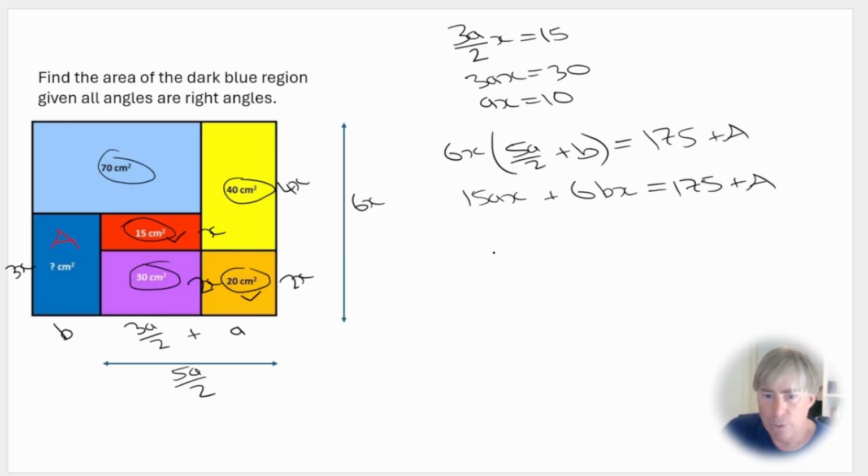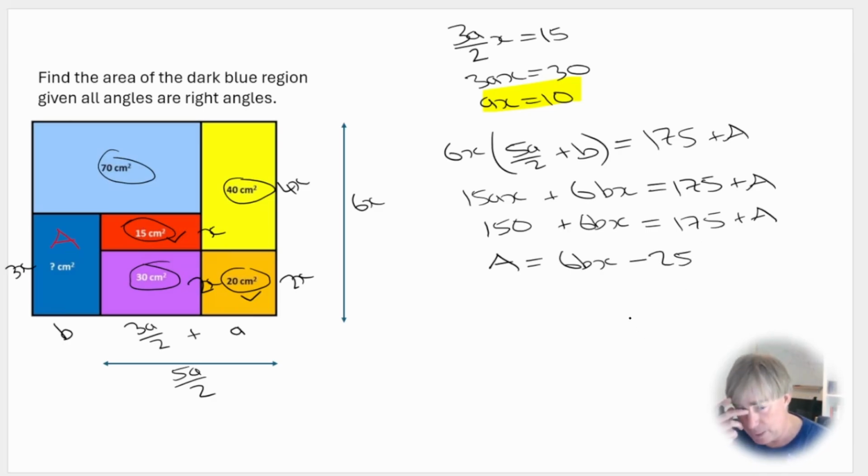So we've got some relationship here. What can we do now? We know what ax is, we've just worked that out. So 15ax is going to be 15 times 10, so that's 150, plus 6bx equals 175 plus a. We'll simplify that a little more. a is going to be equal to 6bx, and I'm going to subtract 175 minus 25. So if we can find out what 6bx is,